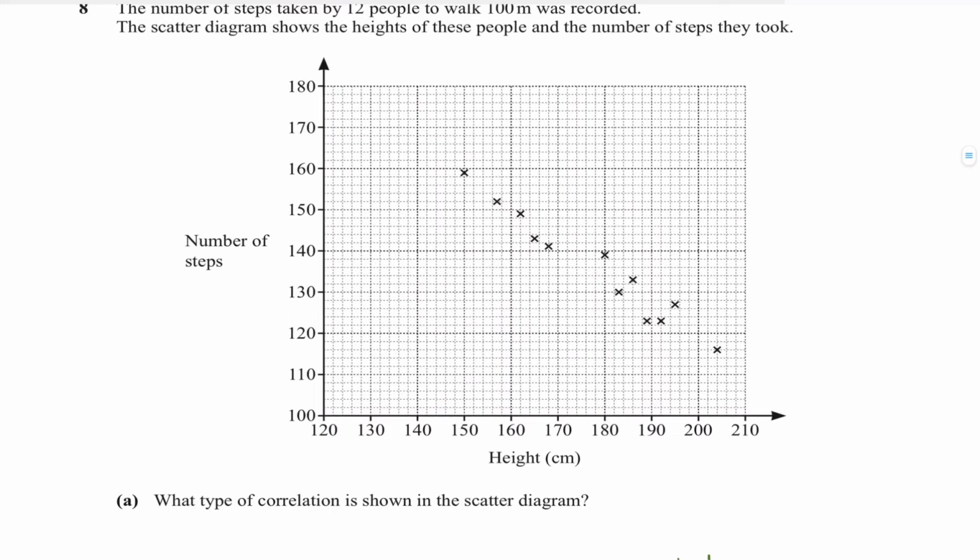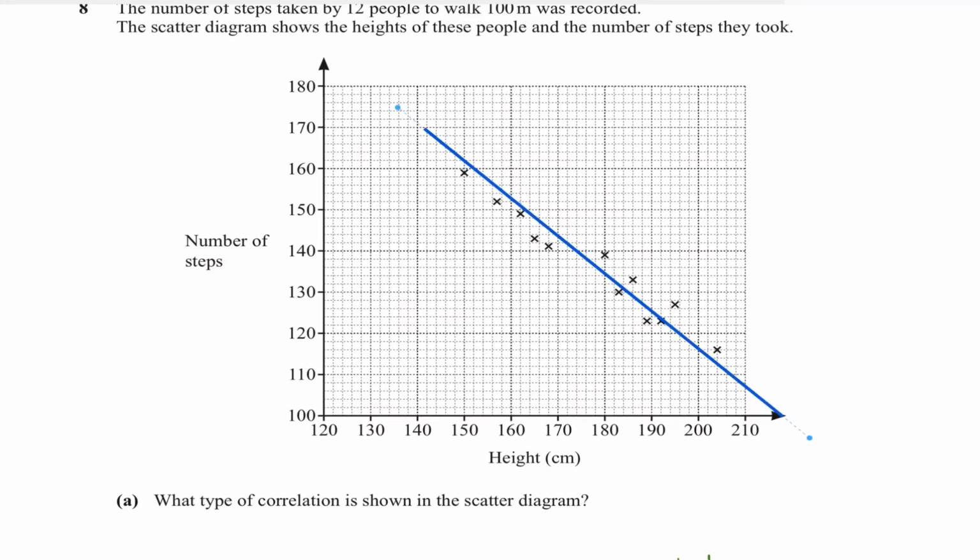So if you're drawing a line of best fit, we're going to have to make sure that the number of points above the line of best fit is equal to the number of points below. That's going to be our ideal line of best fit. This is going to take some trial and error. If I consider this to be my line of best fit, the number of points lying above are 1, 2, 3, and 4, and the number of points lying below is definitely more than 4. So let's try and